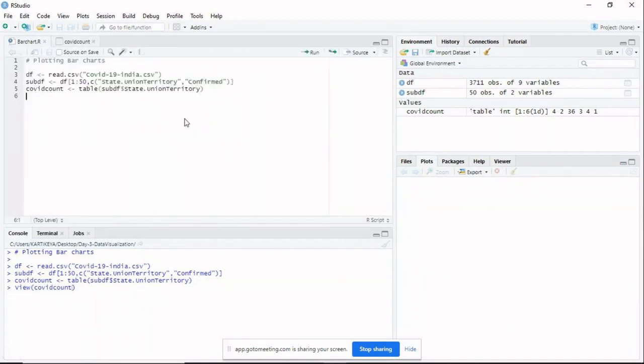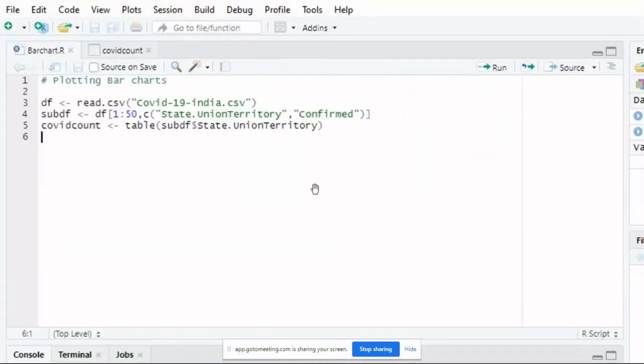Now in this particular case, I have reduced the number of rows which we have taken. Just I am zooming in. See, look at the command. Data frame is COVID-19 data frame data set only. So the sub data set is changed a little bit.